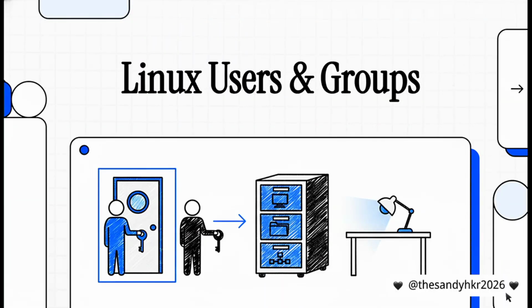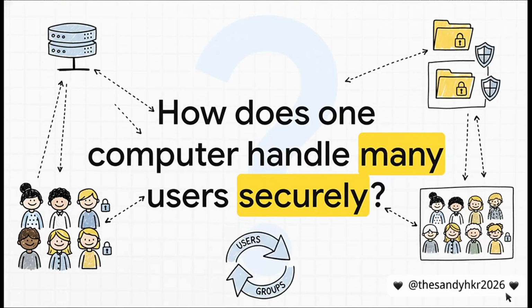Hey everyone! Today, we're going to dive into a concept that's absolutely fundamental to Linux, users and groups. And to make it all click, we're going to imagine we're running a company, a really well-organized office. So you gotta wonder, right? How can a single computer be used by tons of different people and even automated services all at the same time? How does it keep all their stuff separate and safe? More importantly, how does it stop one person from accidentally burning the whole place down? Well, the answer is this really elegant system of users and groups.